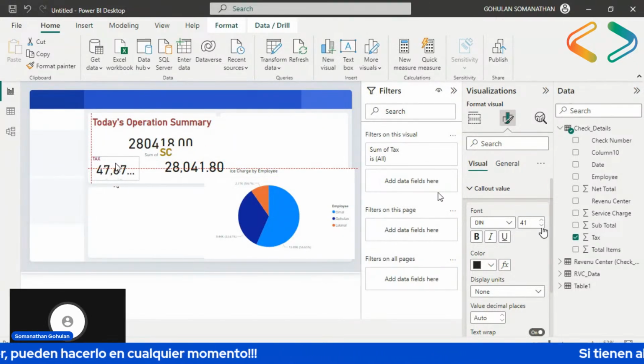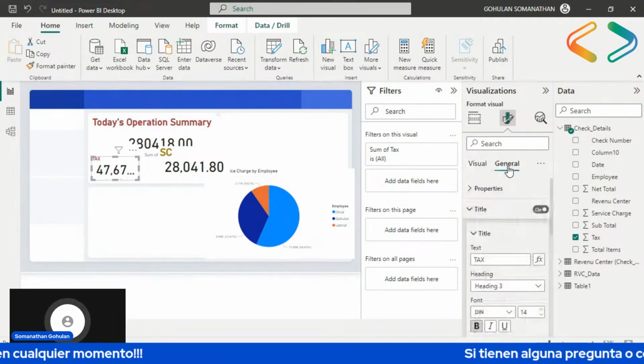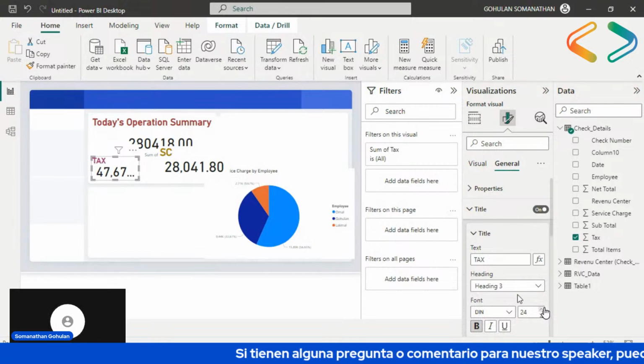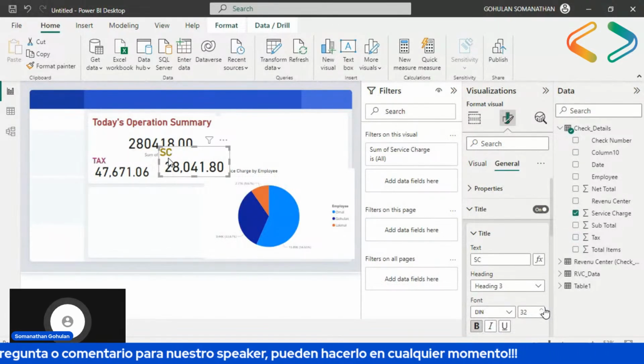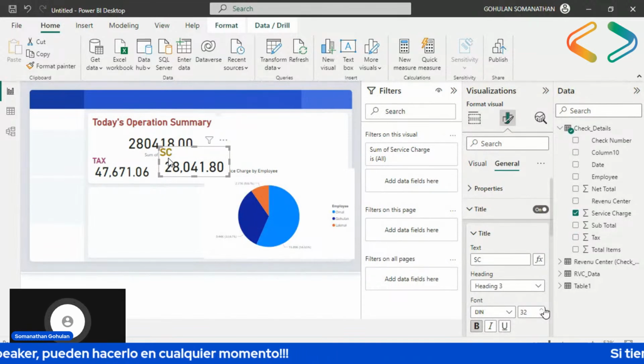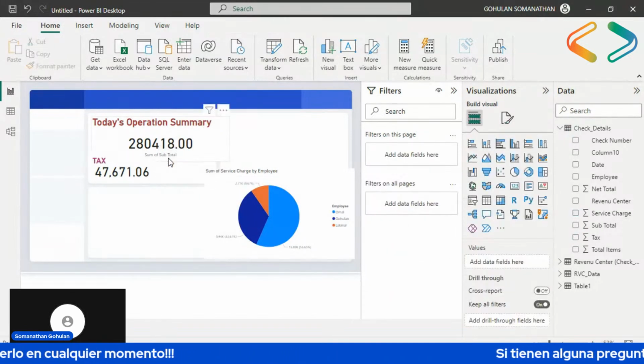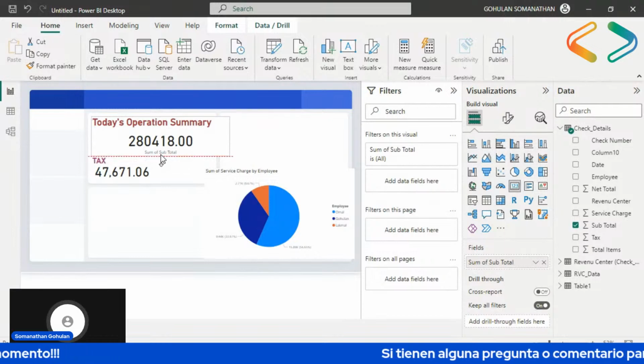This is also available here. I'm going to increase the font of the tags again. Yeah, this is fine, I guess. Okay, and I'm going to delete this one. To delete a particular card, just select it and press delete. So now it gets deleted.